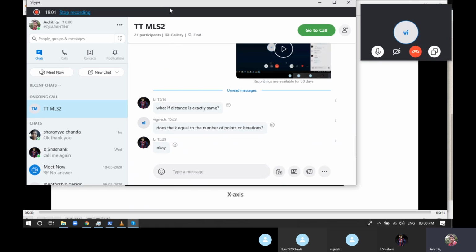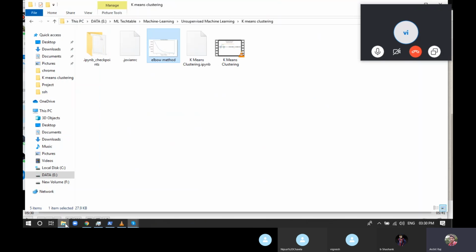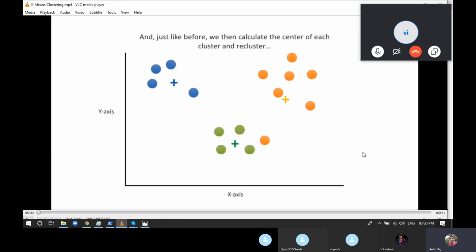Let's get the picture of the elbow method. So if I show you this particular graph for a moment. What we do is, for each and every iteration, we take different values of k. How exactly do we do that? Imagine for the first training, we took the value of k as 1. For the second one, we took the value of k as 2. For the third one, we took the value of k as 3, and up to wherever you wanted to check.